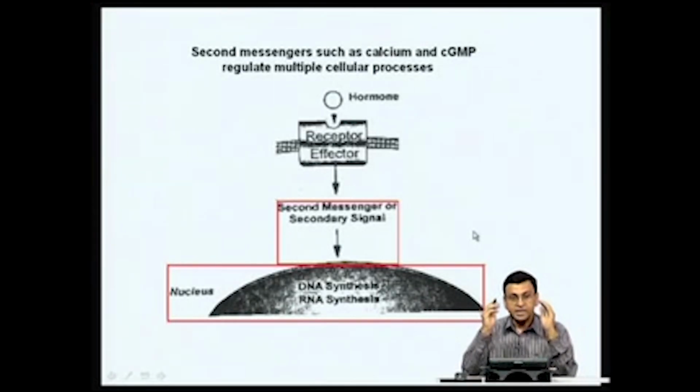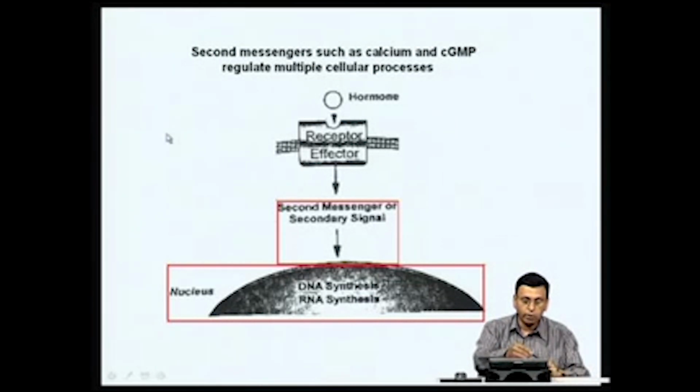So, when I say this is what second messengers do inside the cell, please be aware that second messengers also do a number of other things. But since our focus in this course is primarily on regulation of gene expression, we are not going to discuss many of these aspects. So, we are going to focus primarily on how binding of a ligand to a cell surface receptor results in the synthesis of second messengers, and how the second messengers go and influence the gene expression program. This is what we are going to focus on, and we are not going to discuss many other things that second